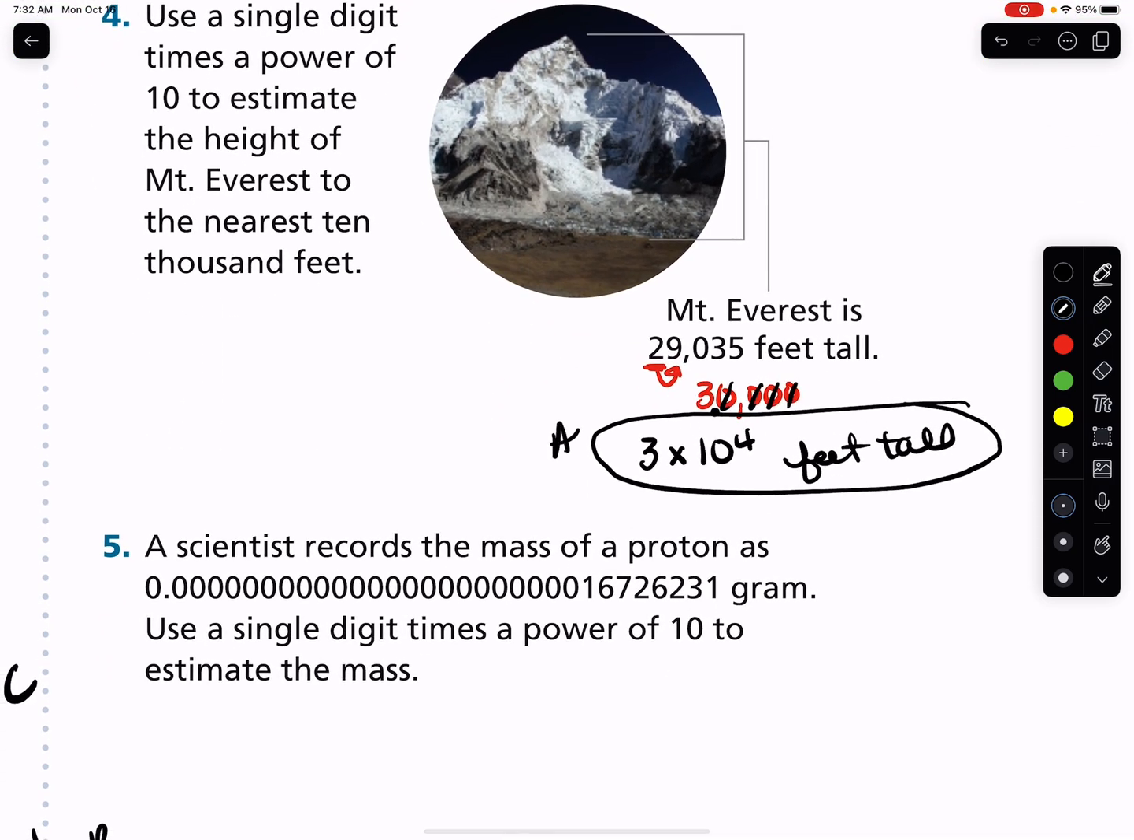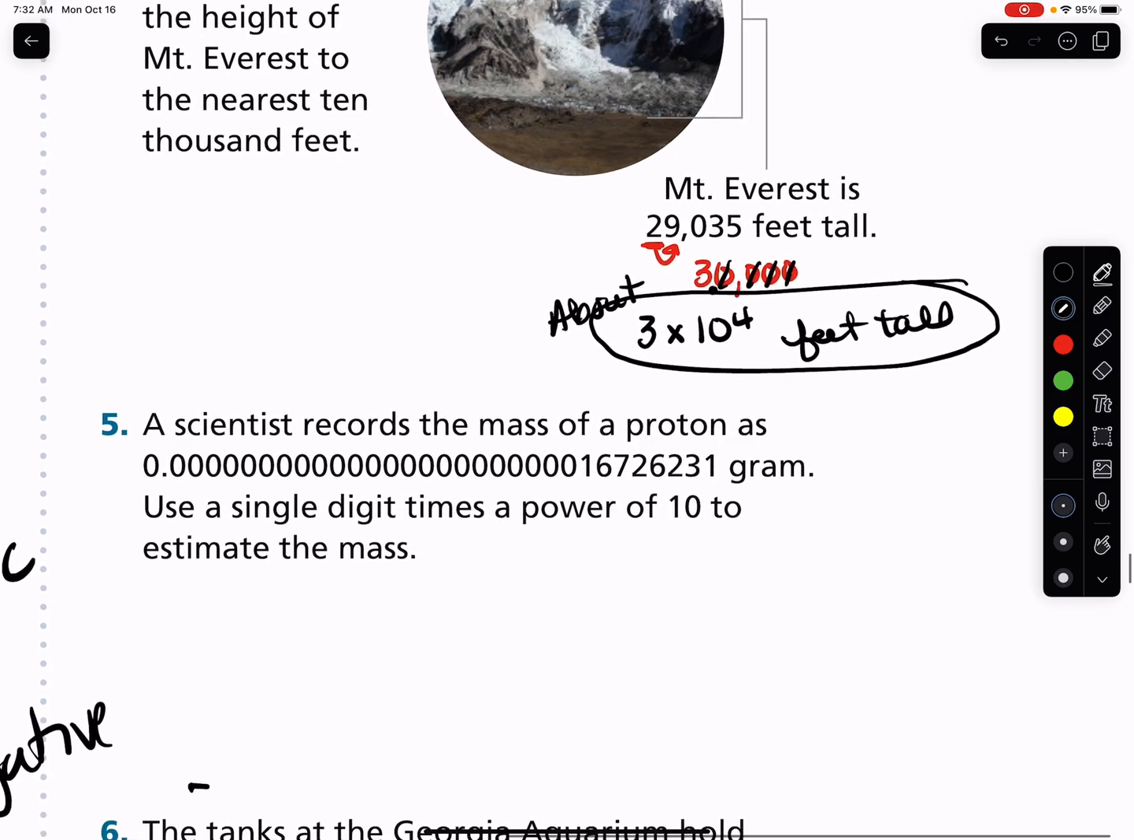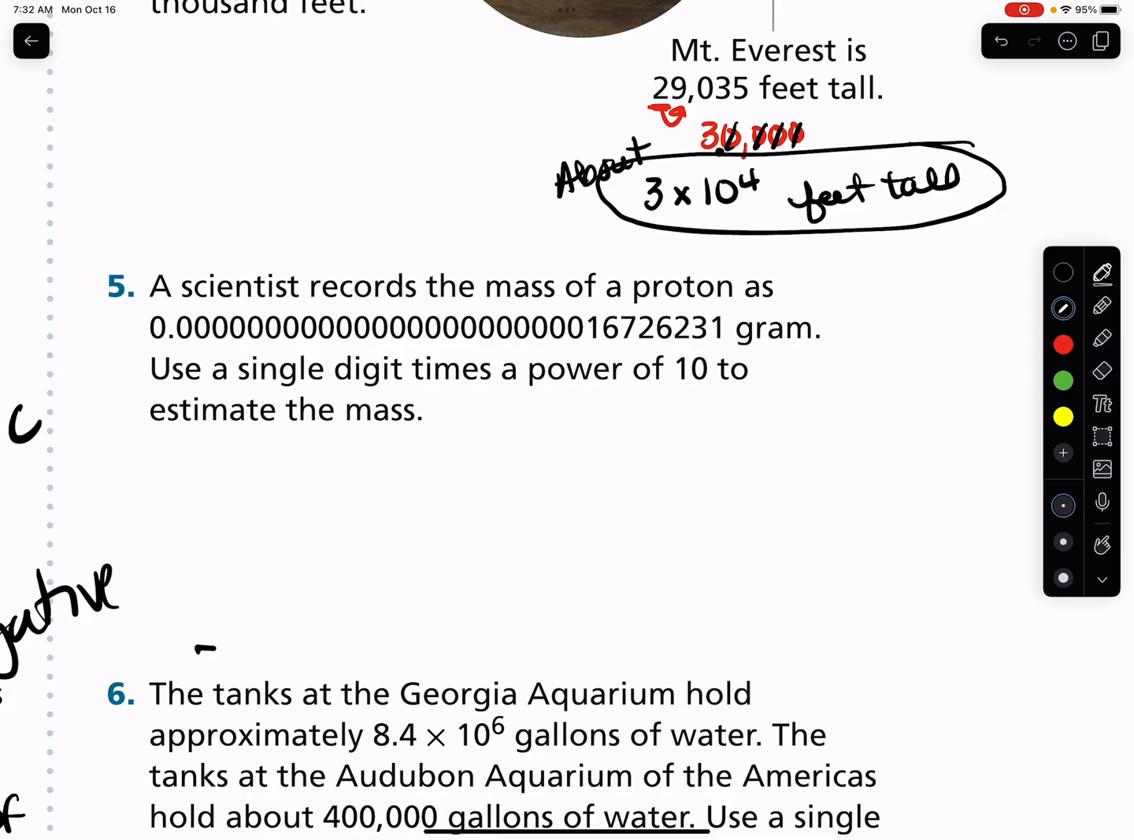You might need to put "about." Sorry, the book says I need to put "about." A scientist records the mass of a protein as all of that. Use a single digit times the power of 10 to estimate the mass. So we're going to put our decimal right here. See it? So I have to round that. I'm going to change this to a 2. Let's see if I can make sure you see what I'm doing. I'm rounding this to 2 because my decimal goes there. So it'll be 2 times. Now I've got to count my